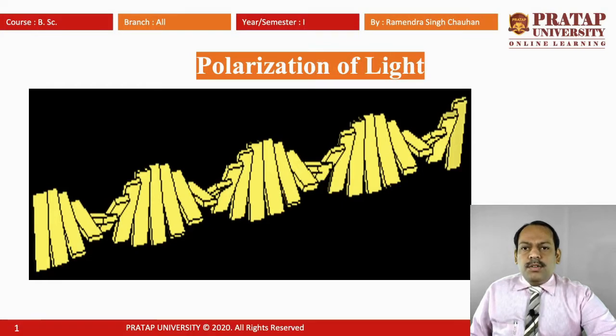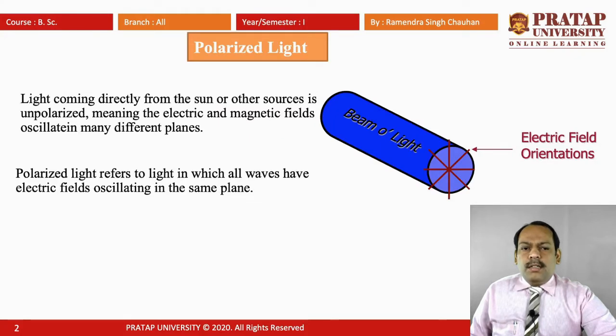We are going to study today's topic, polarization of light. So what is polarized light? Before we go on to polarization, we will learn about what is polarized light and what is unpolarized light. The light directly from the sun or other sources is unpolarized, meaning the electric and magnetic fields oscillate in many different planes. That is, we can say when we are considering light from the sun or any ordinary bulb,